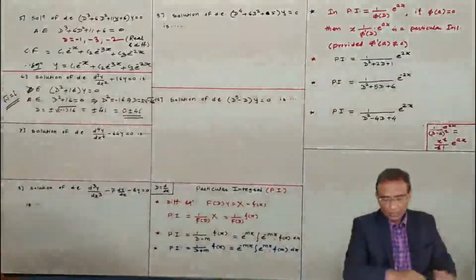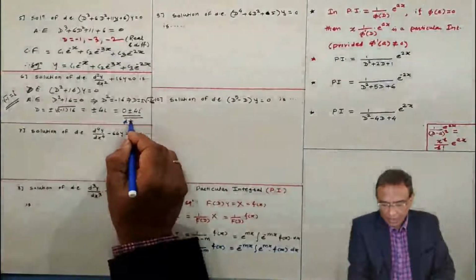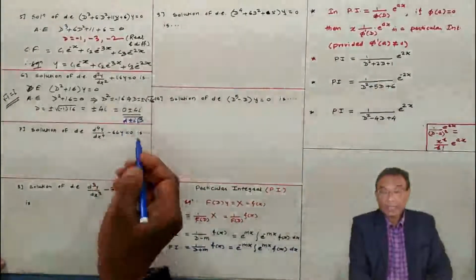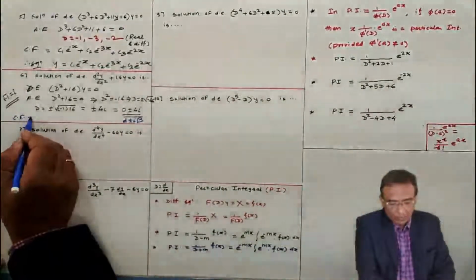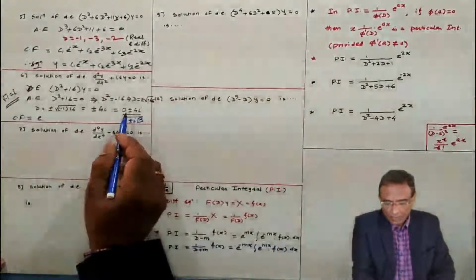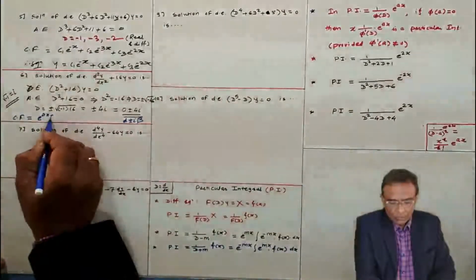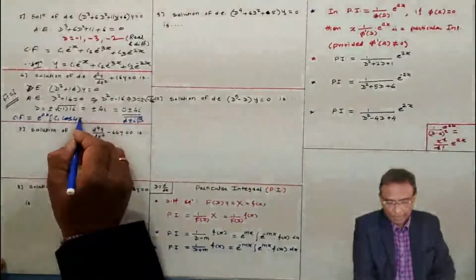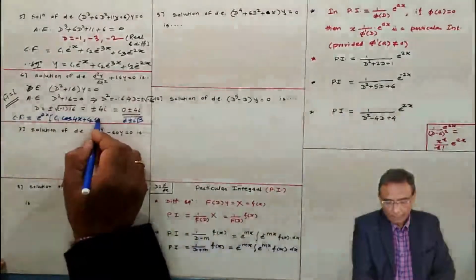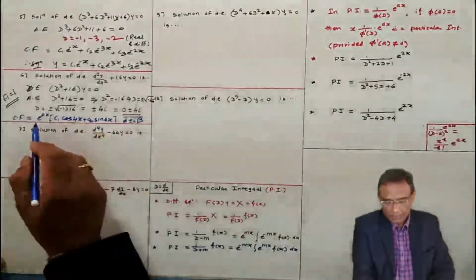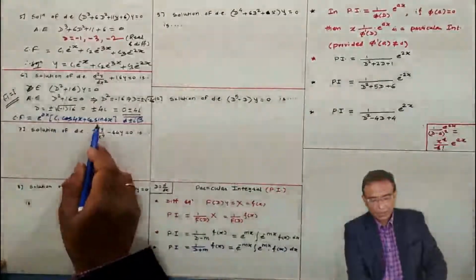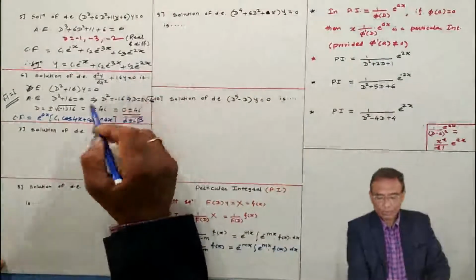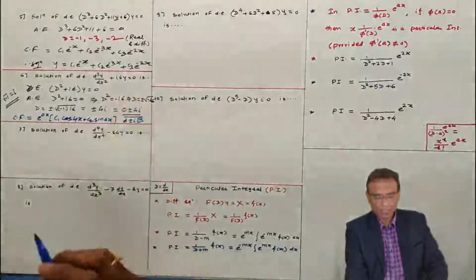And these roots are of the type alpha plus minus i beta, for imaginary and different roots. Therefore, complementary factor is what? e to the power alpha x means 0x. e to the power 0 is 1. In the next step, you can write C1 cos of beta x, beta is 4, plus C2 sin of 4x. Then the complementary factor will be C1 cos 4x plus C2 sin 4x. That itself is the solution, because complementary factor itself is the solution when right hand side is 0.